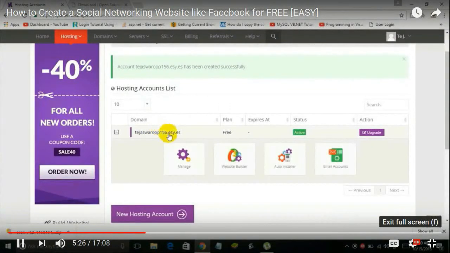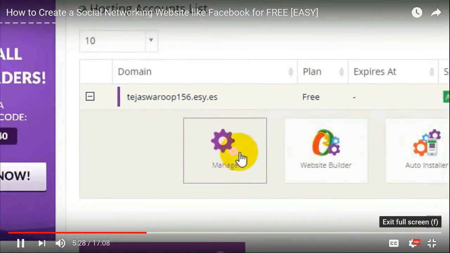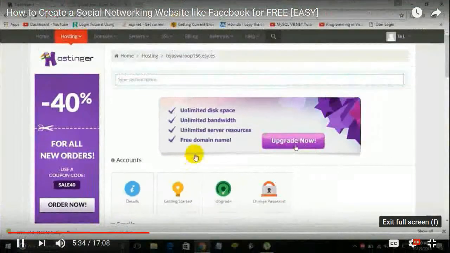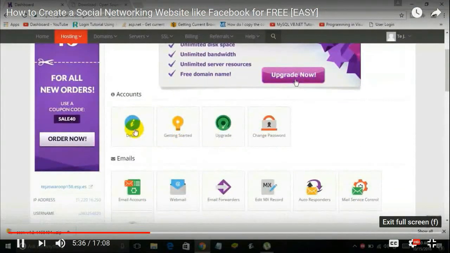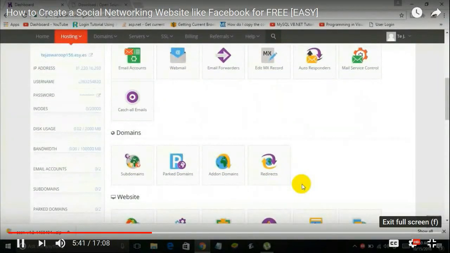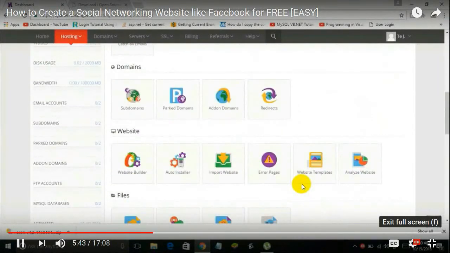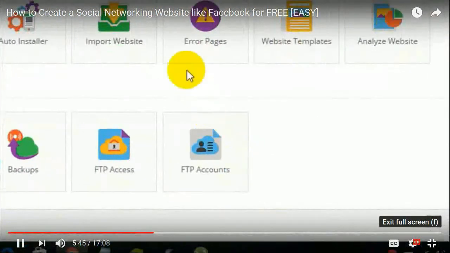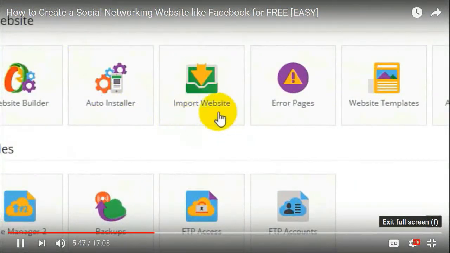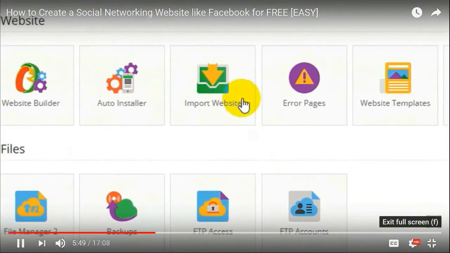and once you click on that you will see an option which says manage. So you just got to click on the manage with the gear icon, and once you click on manage you will see several options over here. From these options you got to search for import website. So here we go, here is the option which says import website. So you got to click on that option,